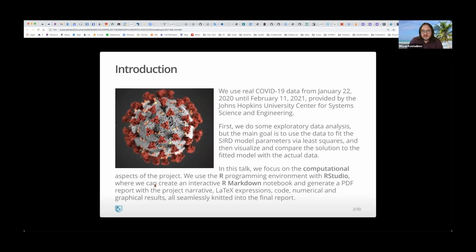Now, for this project, I use real COVID-19 data, from January 22nd, 2020 until a couple of days ago, actually, February 11, 2021. This data is provided by the Johns Hopkins University Center for System Science and Engineering. But first, we do some exploratory data analysis, although the main goal is really to use the data to fit the SIRD model parameters using least squares, and then visualize and compare the solution to the fitted model with the actual data. In this talk, however, I'll focus on the computational side of the project and the technology that I'm